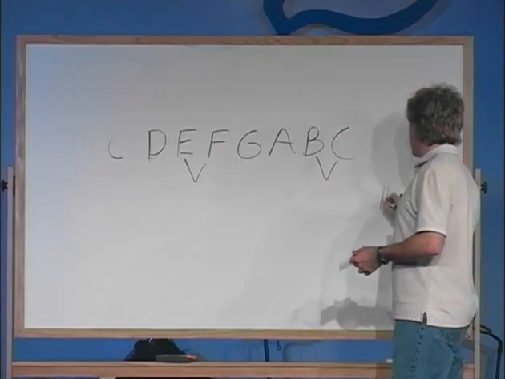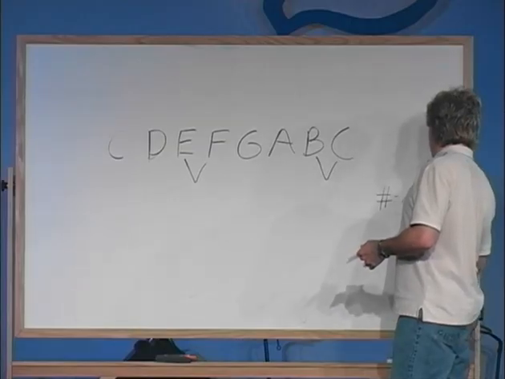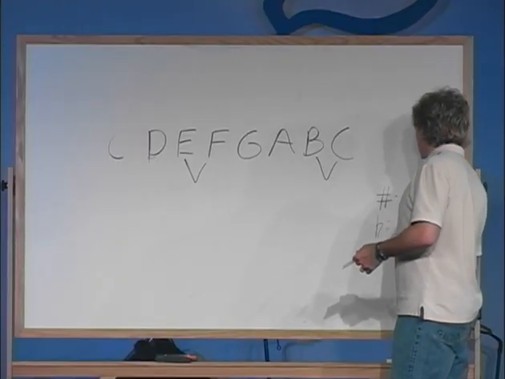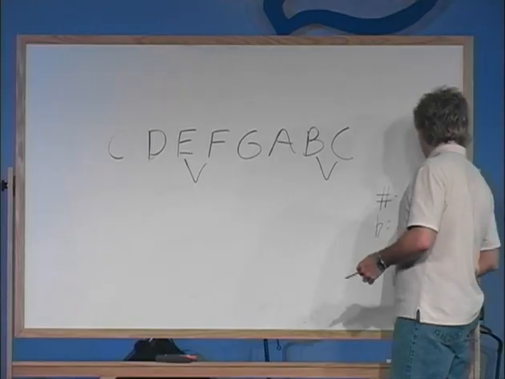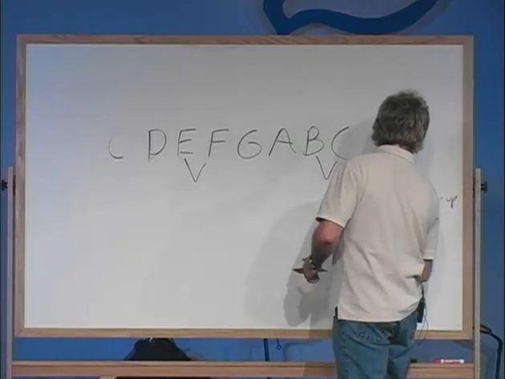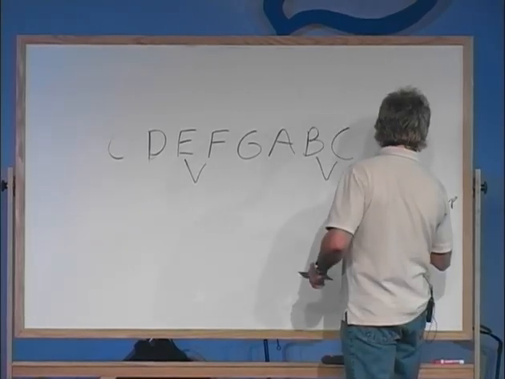A sharp is one step up, and a flat is one step down. Well, let's say half step. Now, these terms are also used,